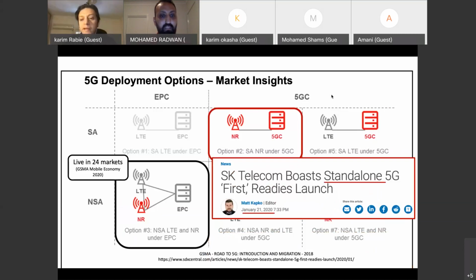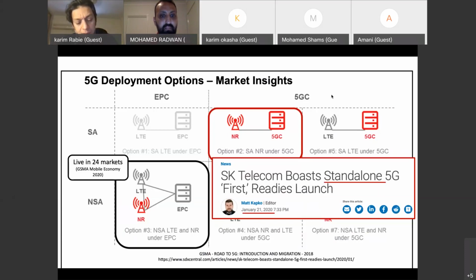And again, this is very aligned with the standardization flow, because you need, I would say, 1 year to have some sort of trialing or some sort of live deployments. So it's very, very recent. As you see, I got this from live trading. So that's the first standalone 5G deployment in South Korea, right? And it is only happening this year, okay?